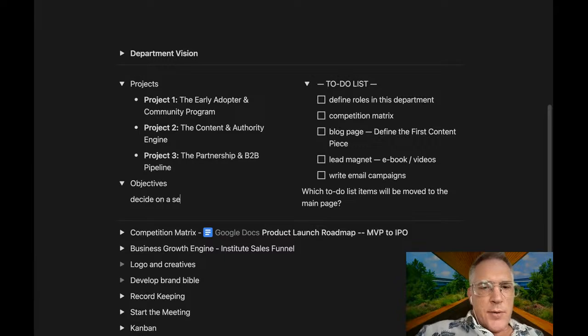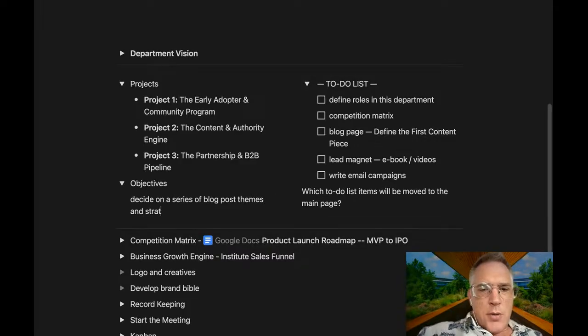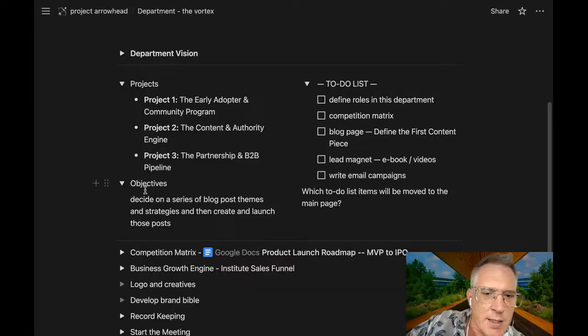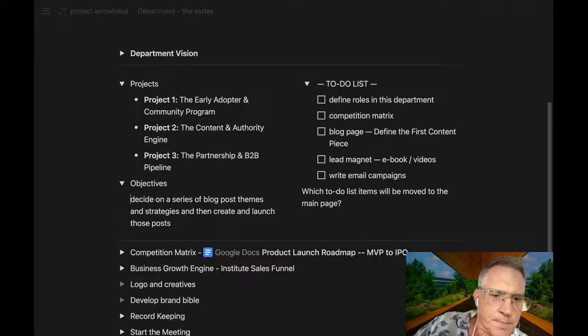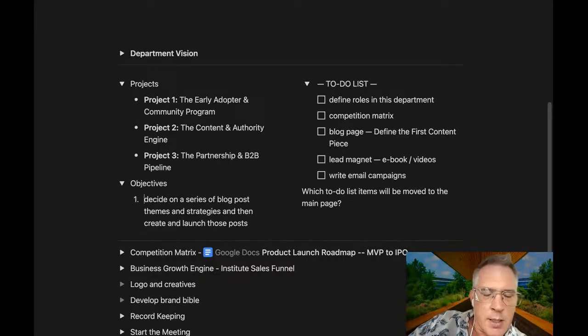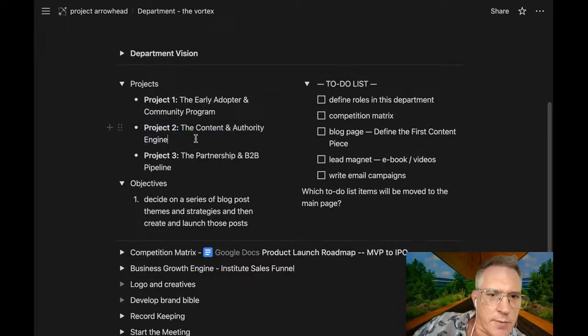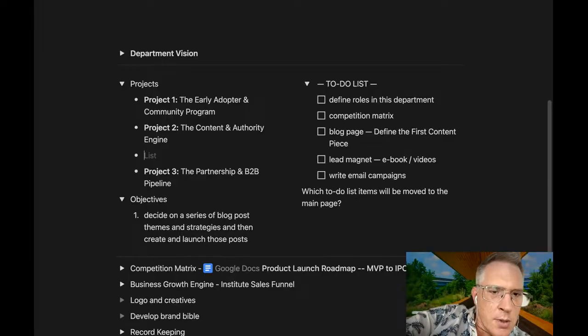start on a series of blog post themes and strategies, and then create and launch those posts. I feel like this is important. This is related to the content authority. Okay, so instead of doing it like that, what we could do is